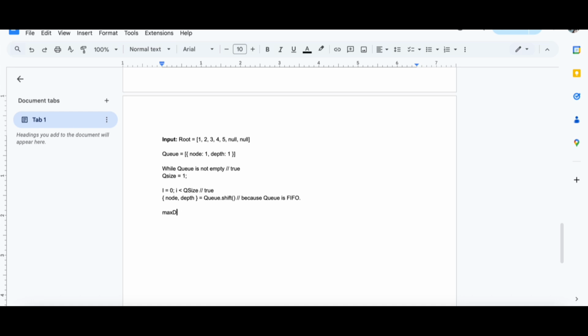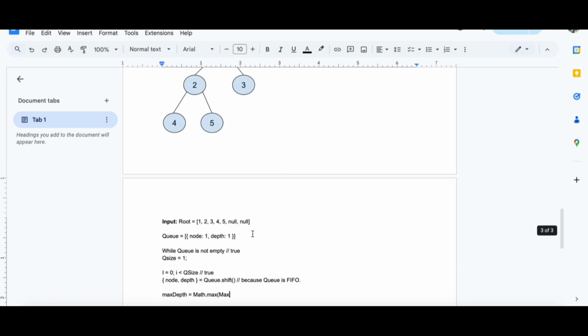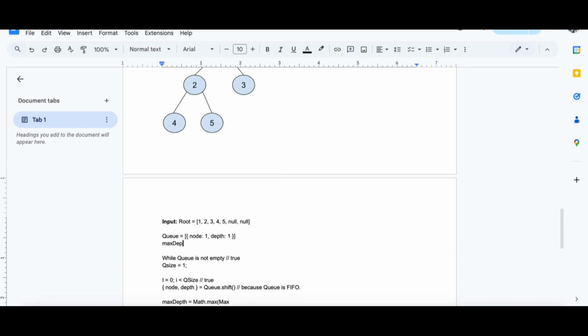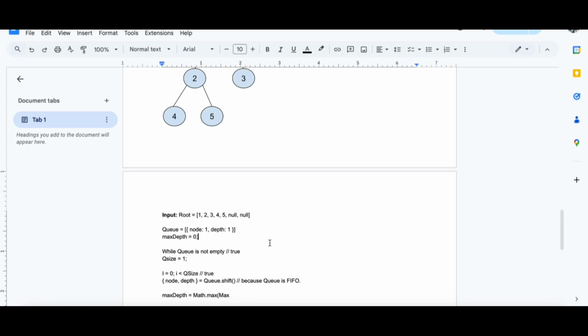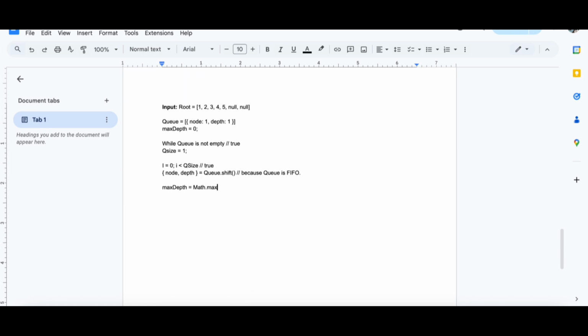We need to compare it here. Max depth is Math.max, and the max depth we're going to start from 0. I'm going to put it here. We start from 0, then this one is max depth, and the depth we compare them, right? So it will be Math.max. We compare 0 with 1.